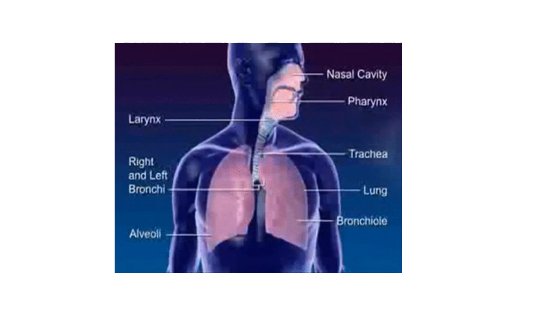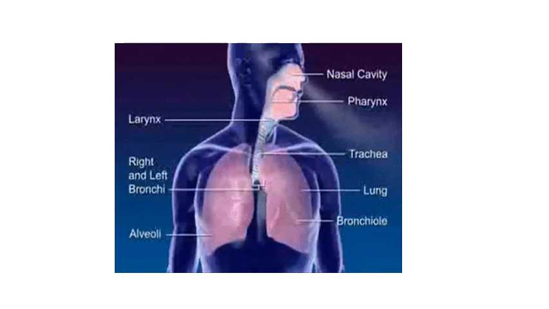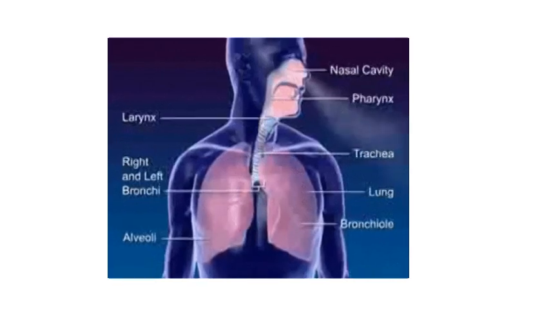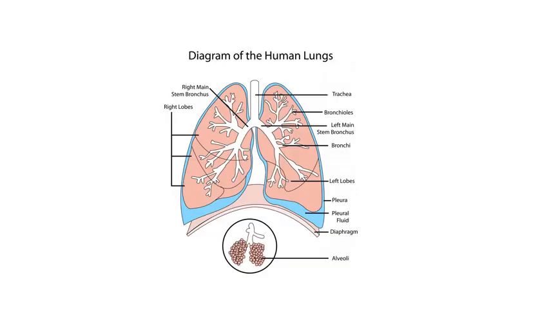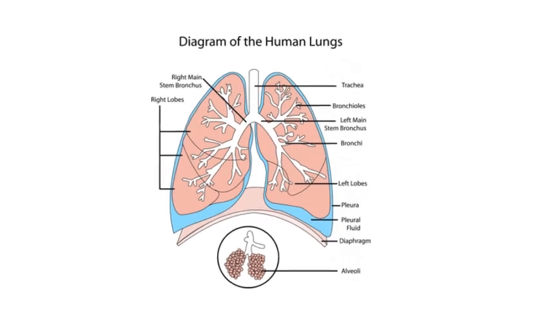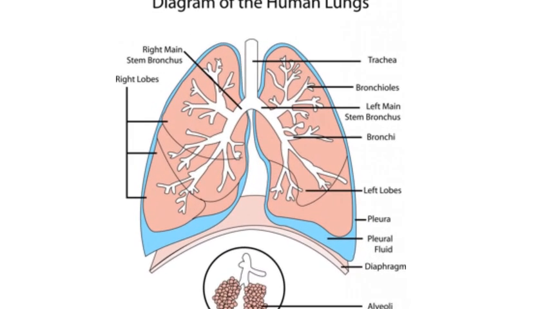Okay, if we are talking about the lungs, then at first we should know the entire structure of the lungs. Now see, this is the diagram of the lungs. The complete structure is revised once again, and you can see there are two parts of the lungs, two lobes especially. There is a right lobe and on the other side a left lobe.